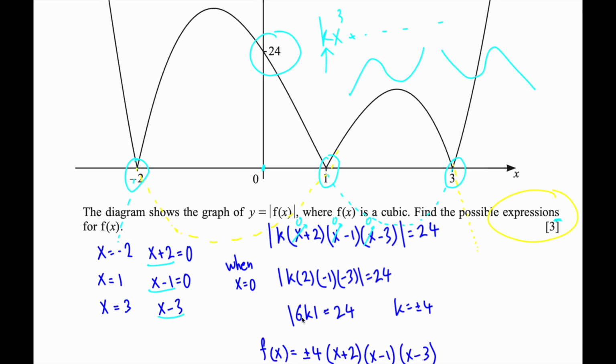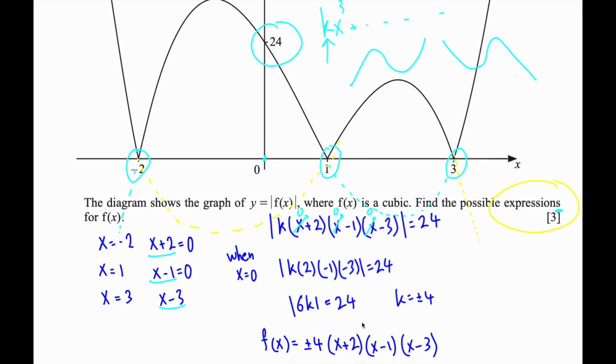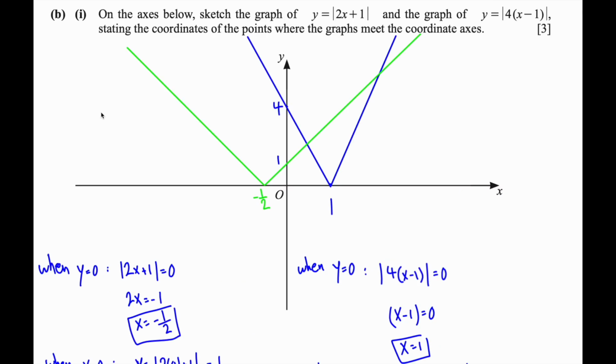And then the absolute value of 6k is 24, where k could be positive or negative 4. And that's the final expression for f(x): plus or minus 4 times (x + 2) times (x - 1) times (x - 3). In part B, I'm given an xy axis,